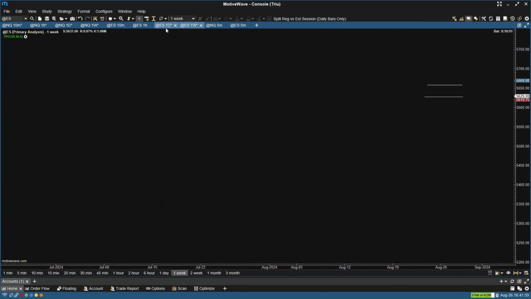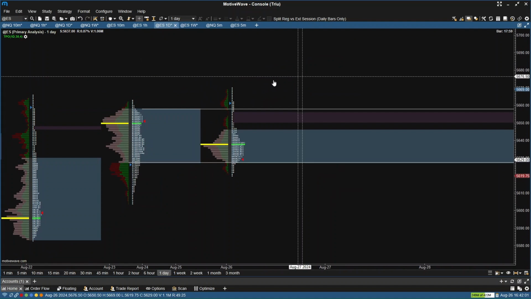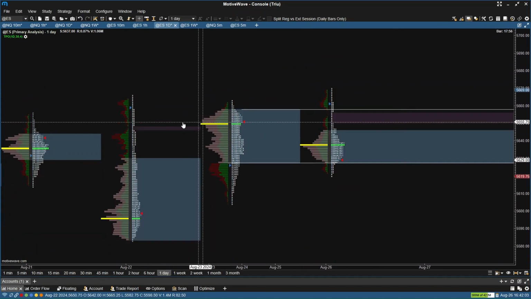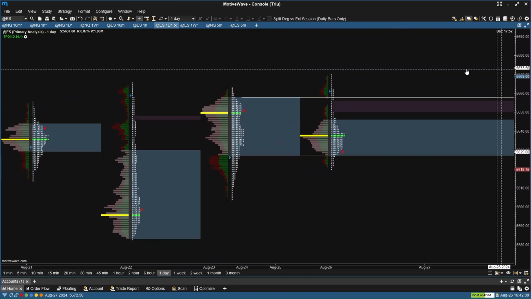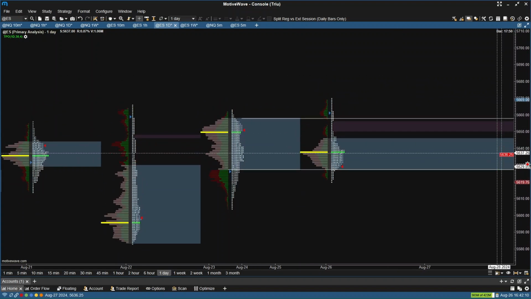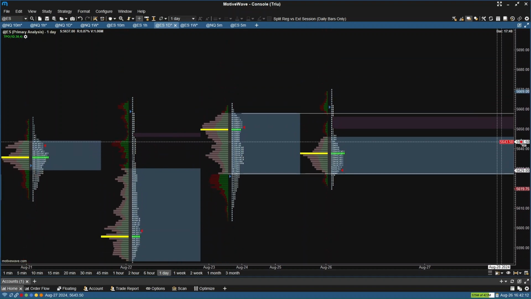But yeah, levels are the most important thing. The DOM is not useless, but the reason why I use it is because I want to learn to use it properly, because I know that there are people who use it very well and trade very well. I'm trying to learn it. But for now, the important thing